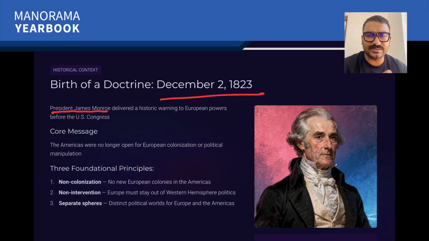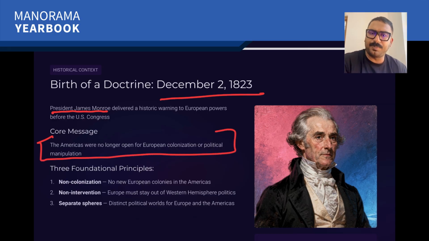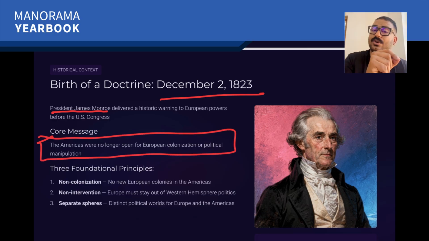If you try to understand the core of this concept, we can say that the Monroe Doctrine was a warning to the European powers. James Monroe made it clear that any attempt by Europe to intervene in the Western Hemisphere would be viewed as a hostile act against the United States. In simple terms, the Americas were no longer open for European colonization or political